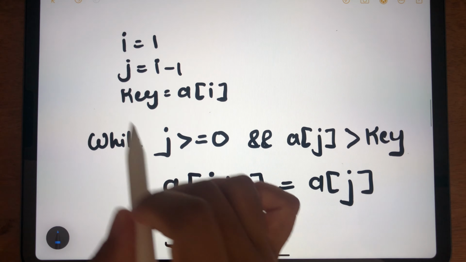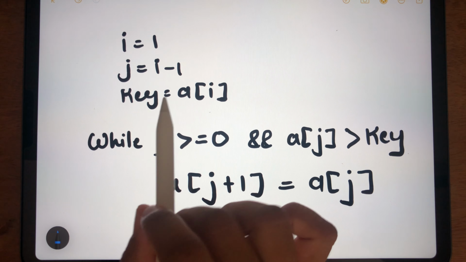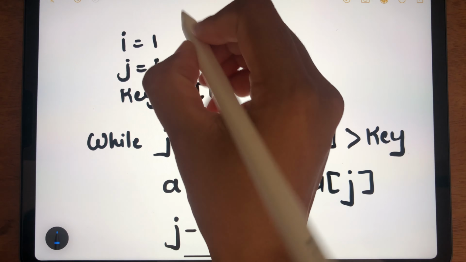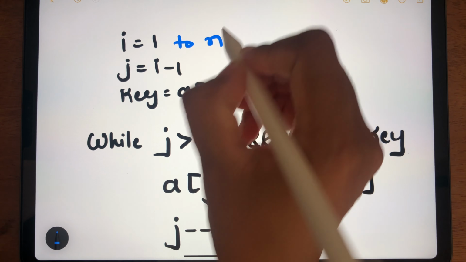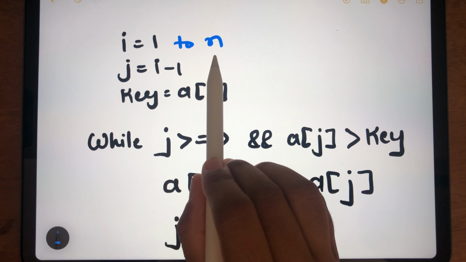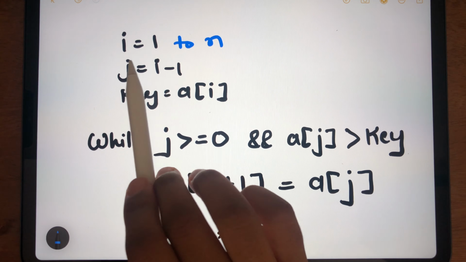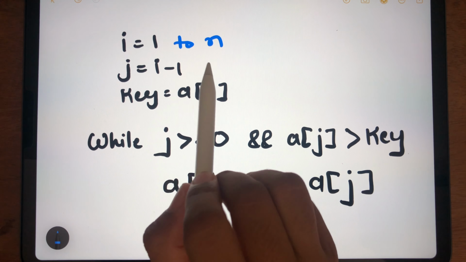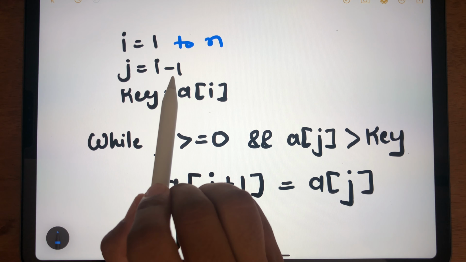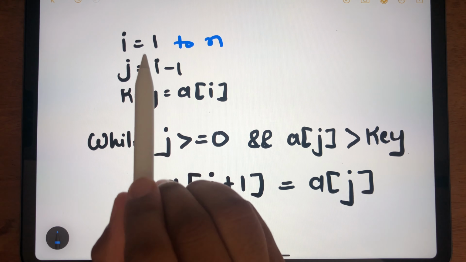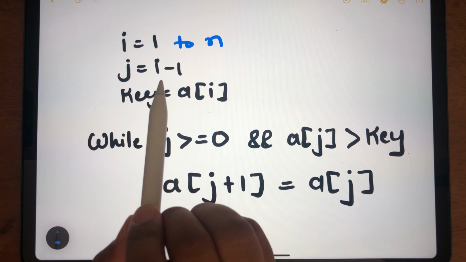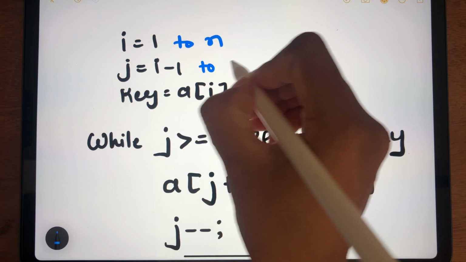Now I have taken three variables here: i, j and key. The value of variable i would be iterating from 1 to the size of the array. In our case, the size of the array is 5, so i would iterate from 1 to 5. The value of j would start from i minus 1 for every value of i, and iterate down to 0.